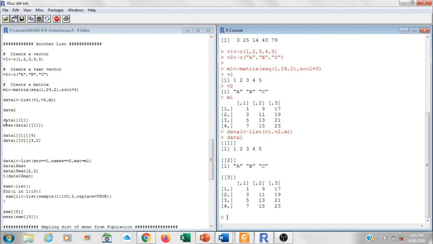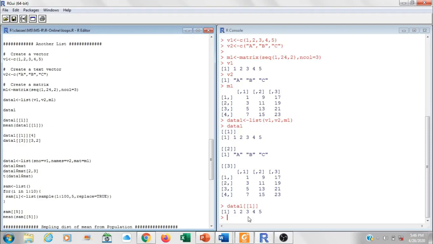And if I want to extract a single element out of this list, for example the first element, I would write data1 with double brackets. So Control R, and I have extracted the first element out of the list.